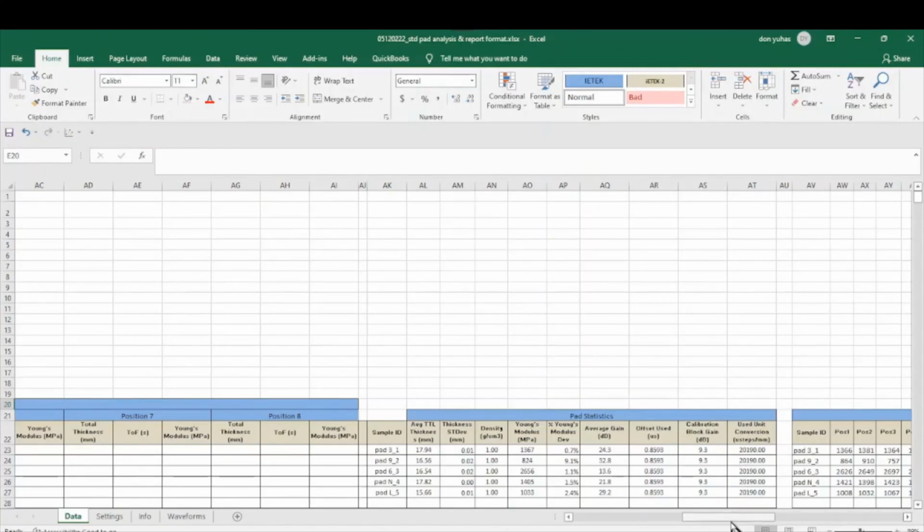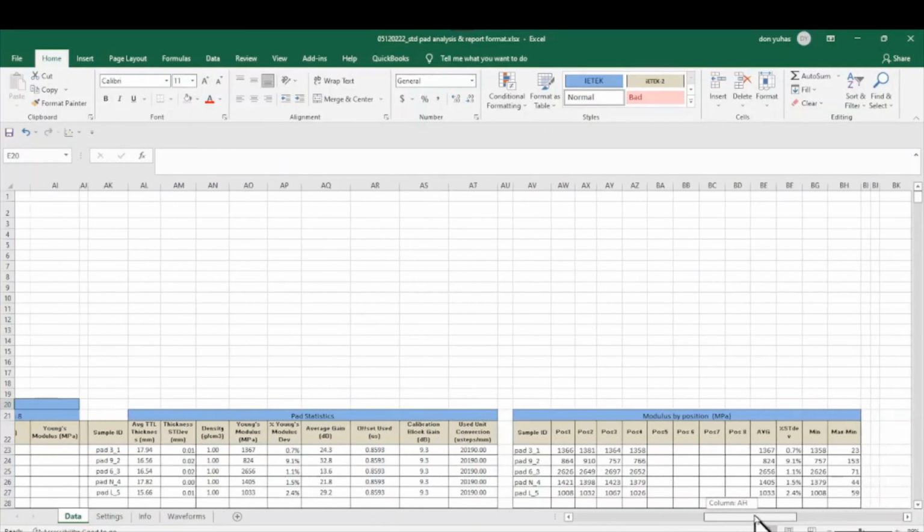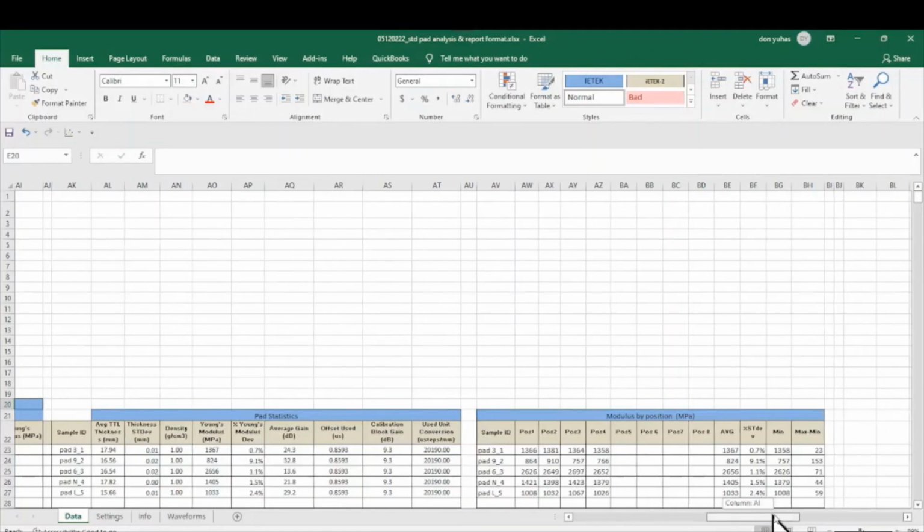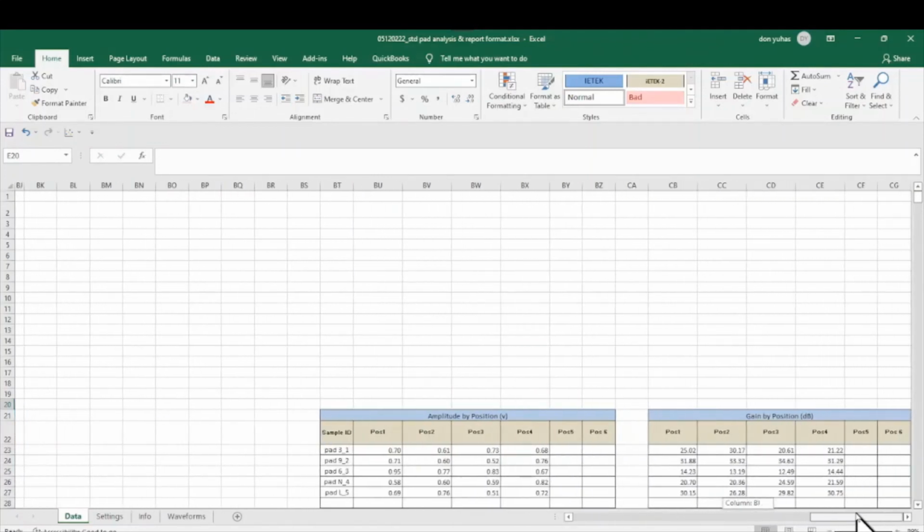And then further to the right, we've sort of summarized the modulus by position, as well as recomputed the statistics for each of the pads. In this case, there are 5 different pads used. And then we also record some amplitude information far out to the right. This is not used in any of the calculations, but provides us with some diagnostic